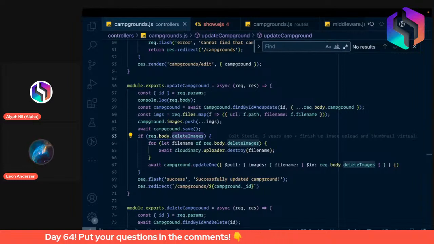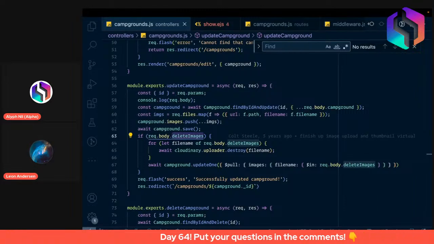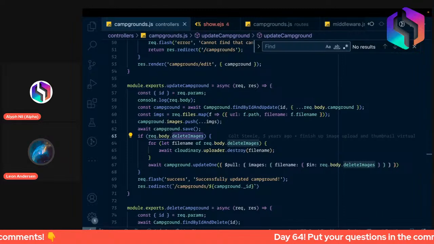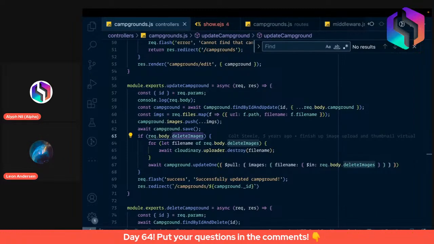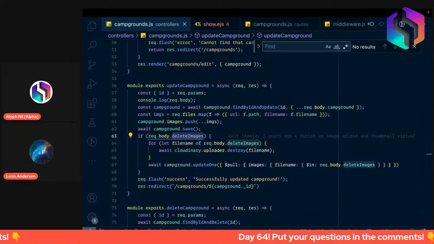A good way to delete from arrays in Mongo is with $pull. This way we pull individual images, individual file names, out of the images array, but only the file names that are in the request body of the delete images